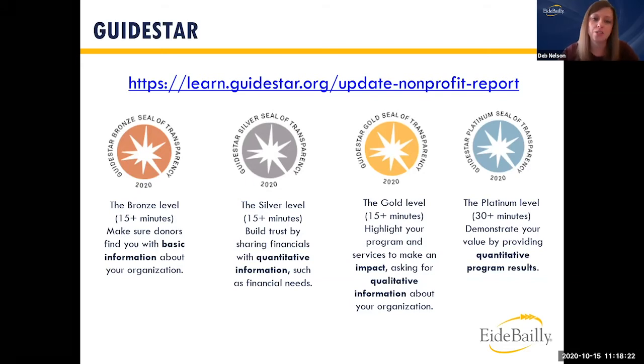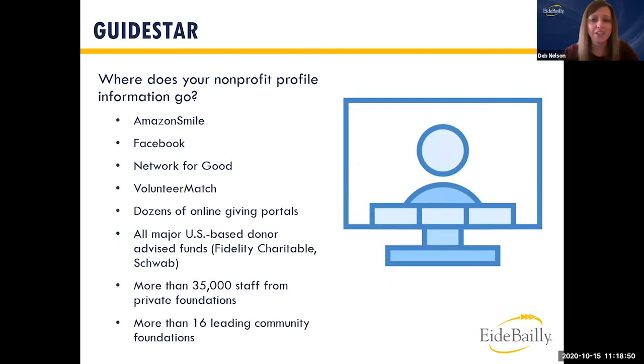GuideStar wants you to claim your profile, go out and provide more information yourself about your organization. And if you go into the American Cancer Society's profile page, you'll be able to clearly see what information is provided by the organization versus what is being provided from GuideStar from your 990. It should very clearly state the source as being self-reported from the organization. And so if you haven't claimed your profile or updated it, you should consider doing so. It's free. We had the link there that can walk you through how to do that.